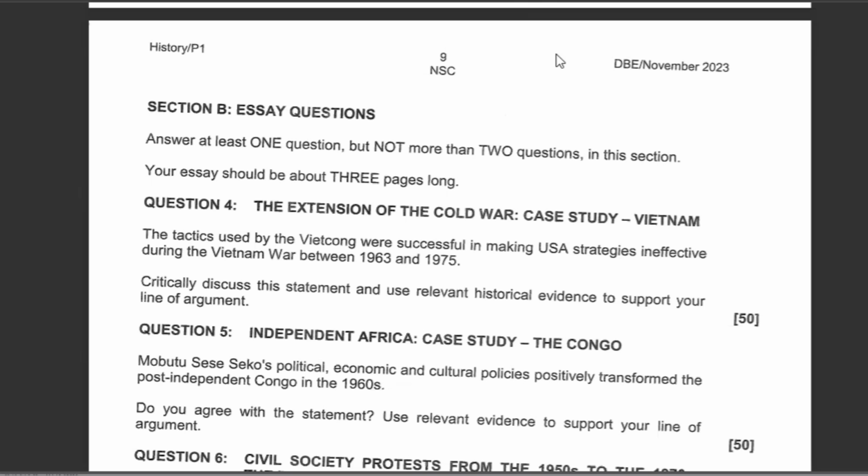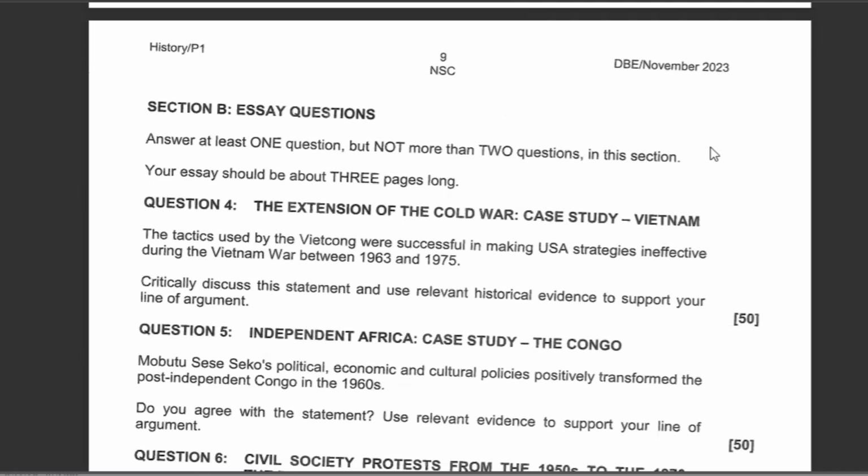However, it did not work well because, remember, the guerrillas were already in the villages by the time they were strategizing such, which would mean that they still would not split the guerrillas from the civilians, due to the fact that the guerrillas were also operating in the villages. And remember, these Viet Cong guerrillas were farmers during the day, and they would be guerrillas at night, which would mean that they would go around doing their ordinary business during the day. And during the night, they would strategize on how to do ambushes and attack the American troops.